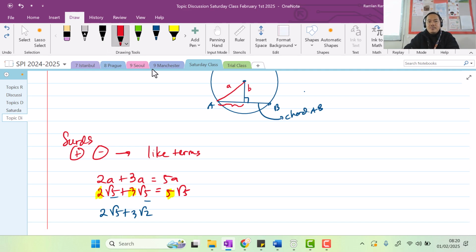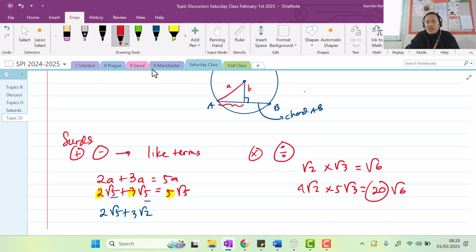Kalau multiplication sama division gimana? Boleh ya? Boleh. For example, if I write down square root of 2 times square root of 3, that'll be equal to square root of 6. That's it, gitu ya. Square root inside the square root. If I have 4 square root of 2 times 5 square root of 3, how about that? There'll be 20 square root of 6. Where does 20 come from? It comes from this 4 and 5. Because the 4 and 5 are not in surd form, they're just numbers beside the surd, just multiply them, you will get 20. The ones inside the surd are this guy and this guy, just multiply them and you'll get 6. That's it. Right? The same thing if we do division, same exact thing.